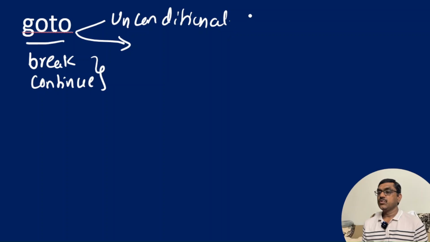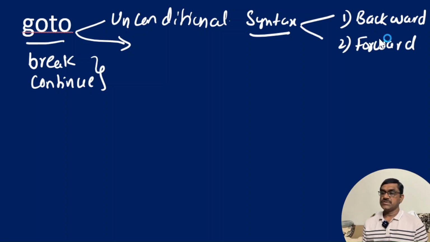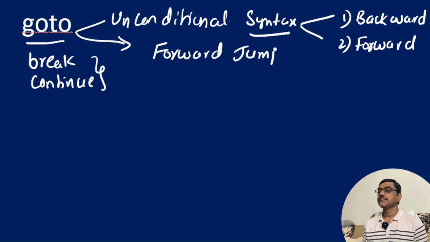Now, the syntax of the goto we are going to write. The syntax can be written in two ways. One is for backward jumping and the second one is forward jumping. You can write either forward first or backward first. We will see forward jumping first. The syntax for this is